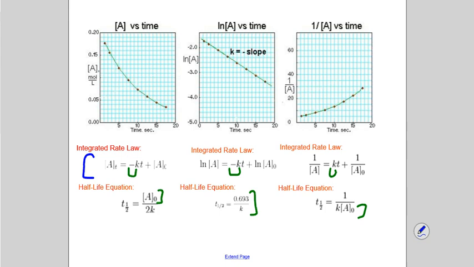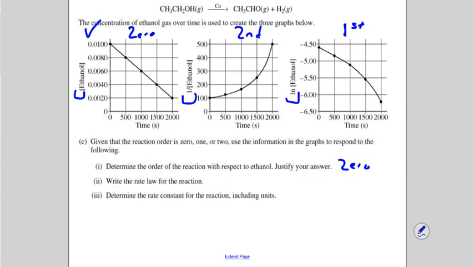The concentration of A at time t is equal to negative kt plus the initial concentration of A. Now we have ethanol, so the concentration of ethanol, EtOH is the shorthand, with respect to time is equal to negative kt plus